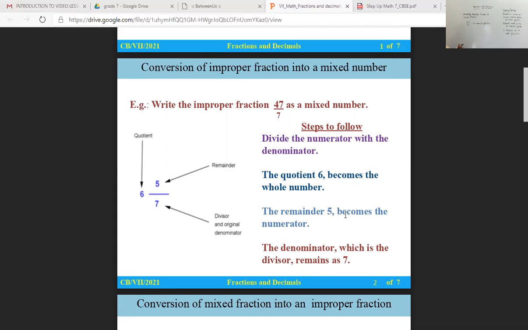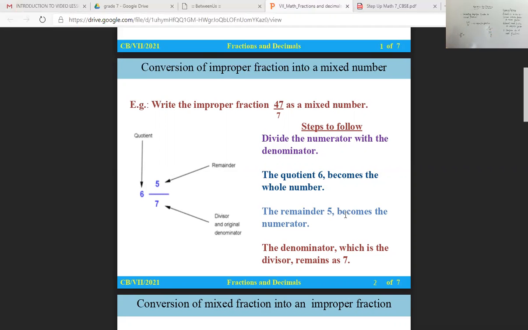We have to divide. So we will do 47 by 7, the usual division. 7 sevens are 49, which is more than 47, so we take 7 sixes, which are 42. So what is the remainder? 5 is the remainder. Keep it as it is. Clear? Therefore, 47 by 7 will be equal to